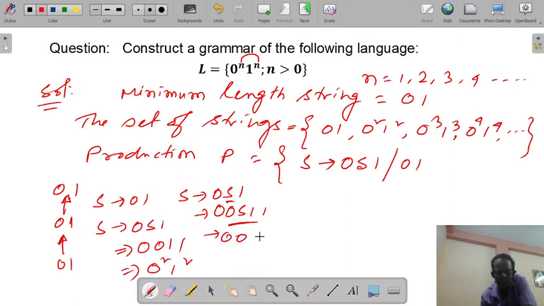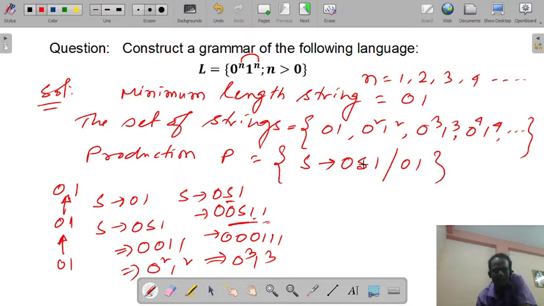So 0 0, next S is substituted by 0 1, next 1 and 1 as it is. So it will be 0 cube 1 cube. So in that way it is possible to generate all strings of the language L is equal to 0 to the power n 1 to the power n, whereas n is greater than 0. So this will be the production set.